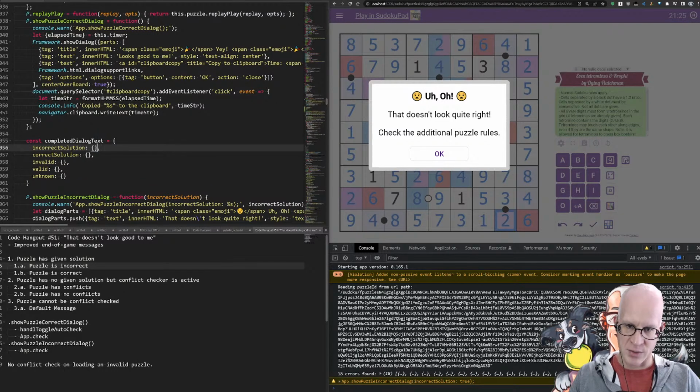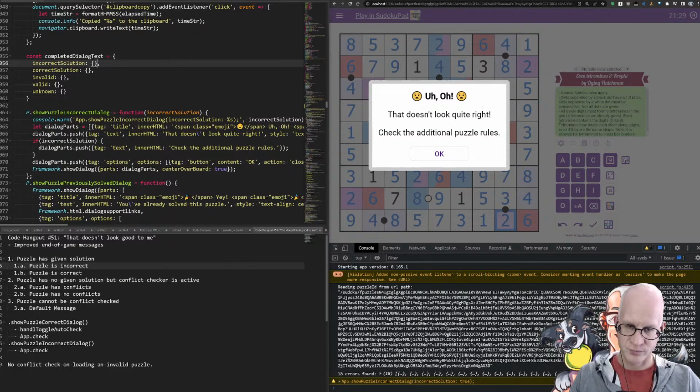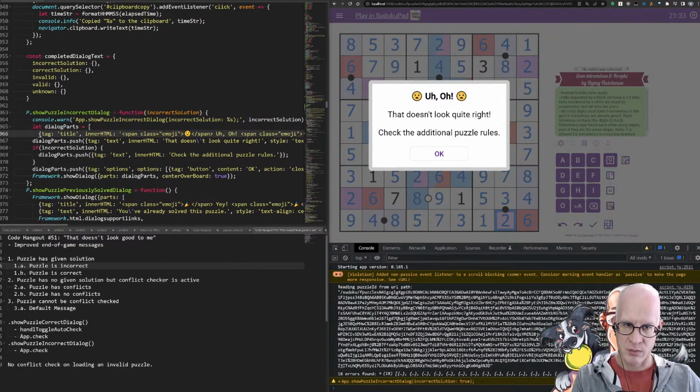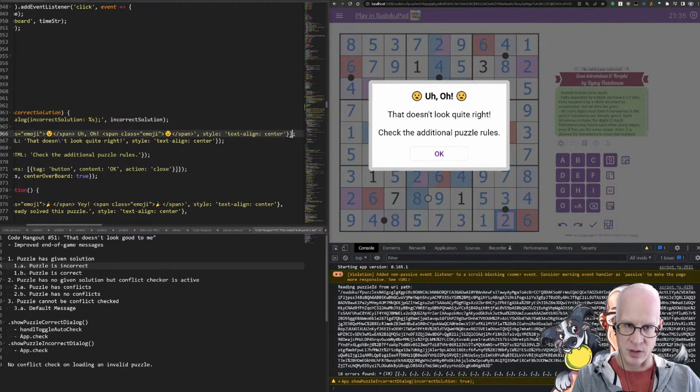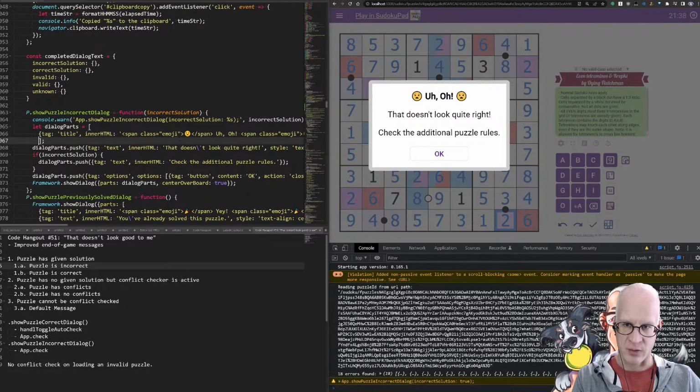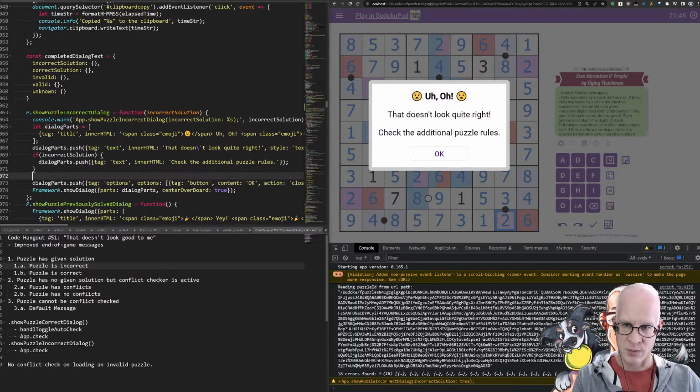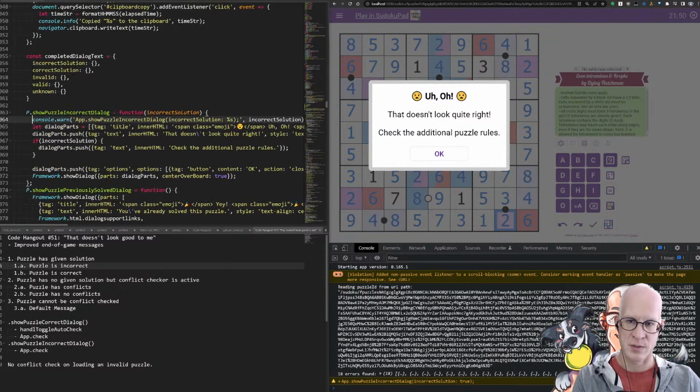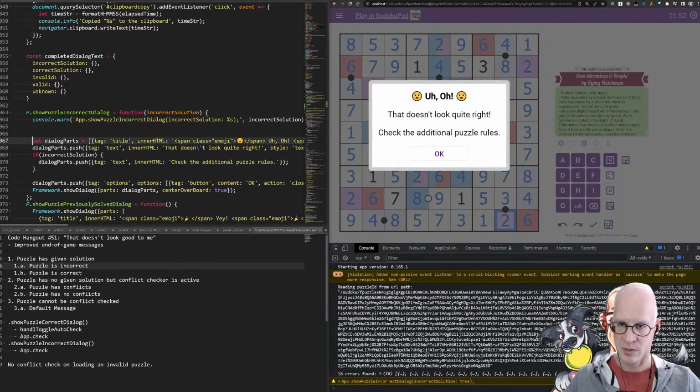And then each of these should have a title and a message, or title and children. Or, since the title is also just a part, we'll just have an array of parts, right? And then at the end we have this one. We're basically replacing these couple of lines here.